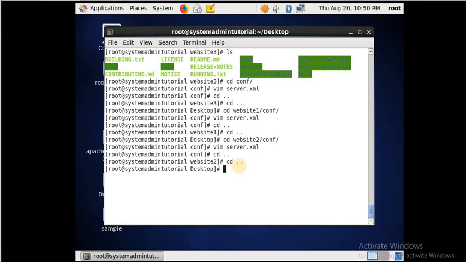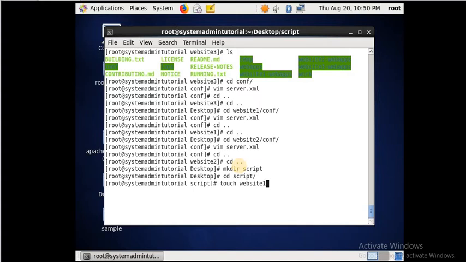So let's create one directory, script. Go to that script directory. We will create the file for each one: website 1.